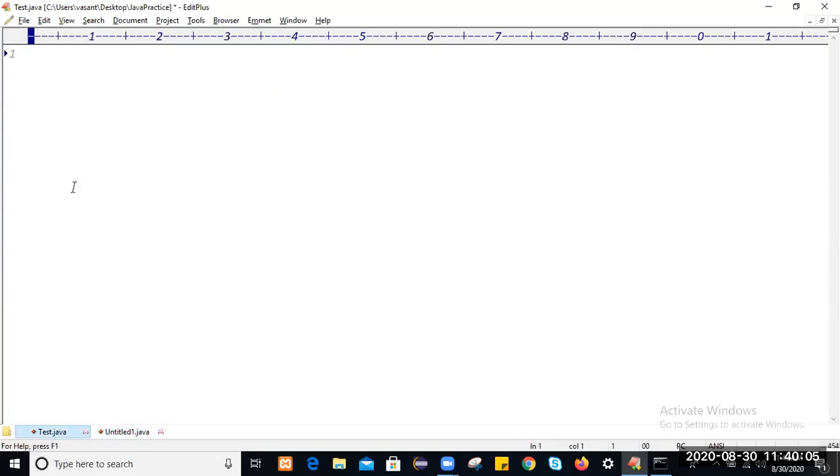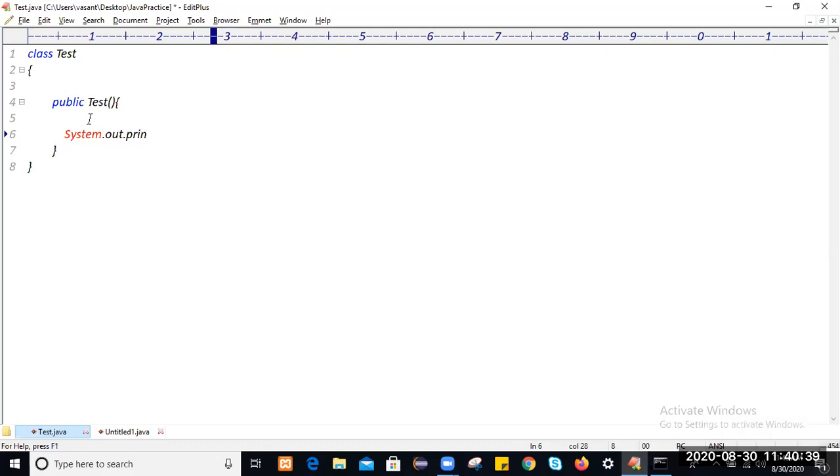Let me create a class, and I will take the class name as Test. So how to create a constructor? We create a constructor in Java by using an access specifier, let me take public, with the constructor name and opening and closing parentheses. You can use any modifier. This is the constructor, and the constructor name and class name are both the same. Here we'll write the body. I have created this constructor, and this is called a user-defined constructor.